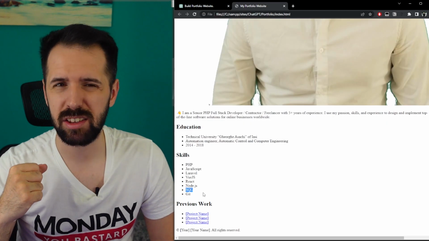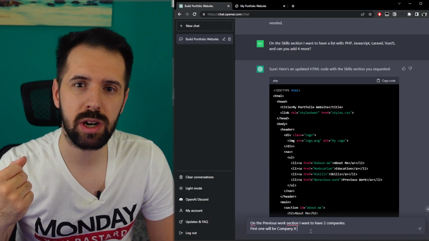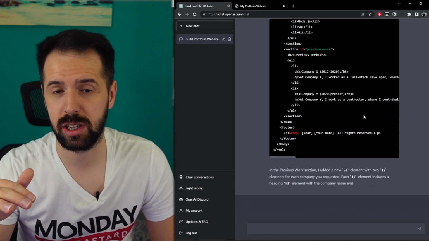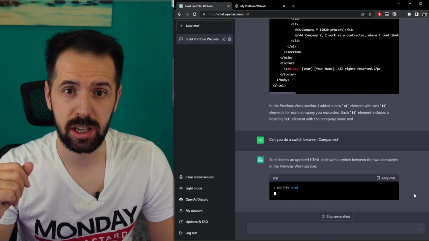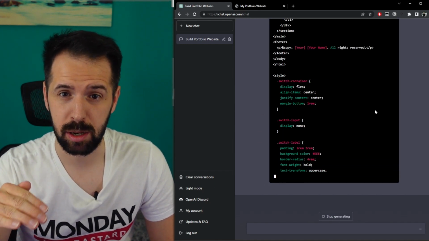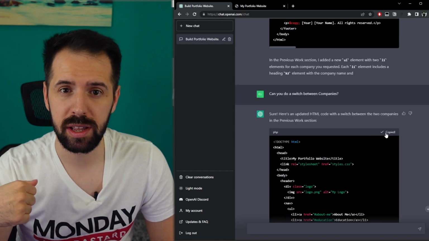One nice thing is the history. Basically, you can write that you want some changes for a specific area and it will know exactly which section. Let's say that you want a specific description for the about section. You just write that you want to add this description in the about section and it will know exactly where to